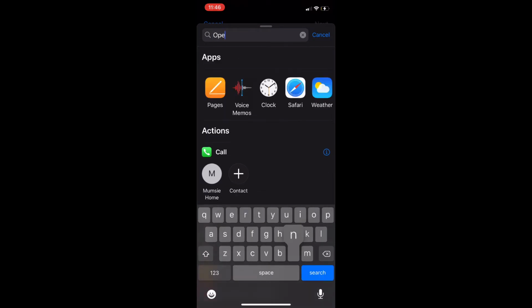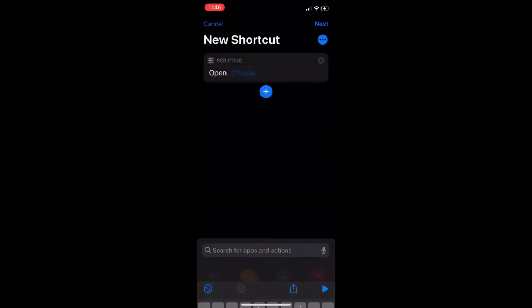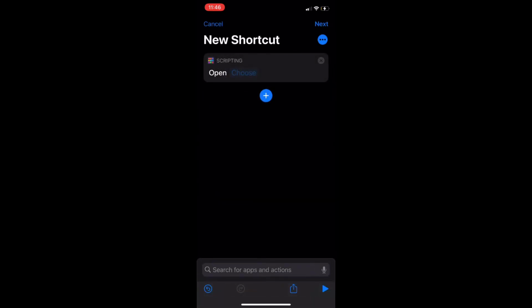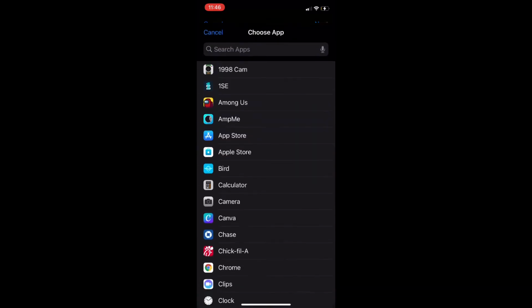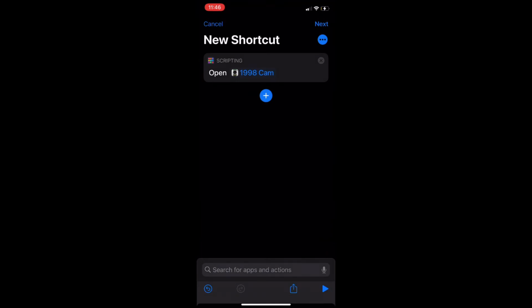What this is going to do is allow you to do the command of clicking on these and it taking you to the app. So it's a generic thing. So you're going to click Choose, and then you're going to select which app you want the shortcut to take you to. For instance,